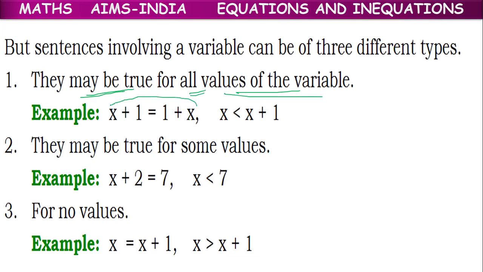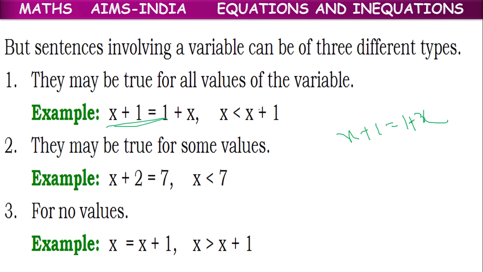Suppose if you have a sentence like this, x plus 1 equal to x plus 1. Sorry. x plus 1 equal to 1 plus x. This will be true for all values of x as long as